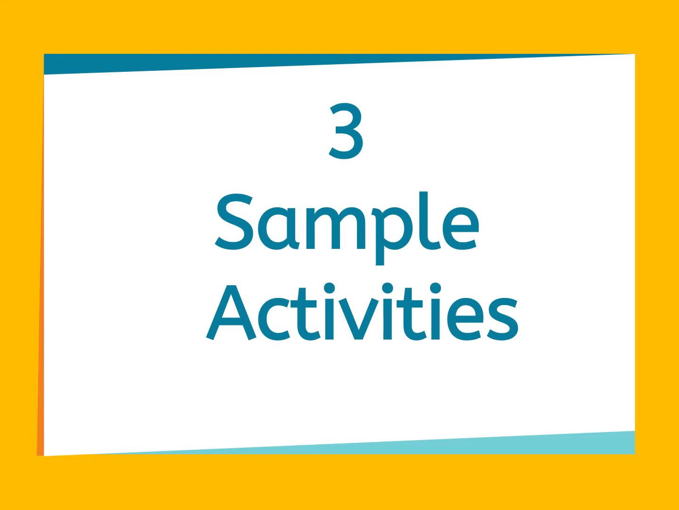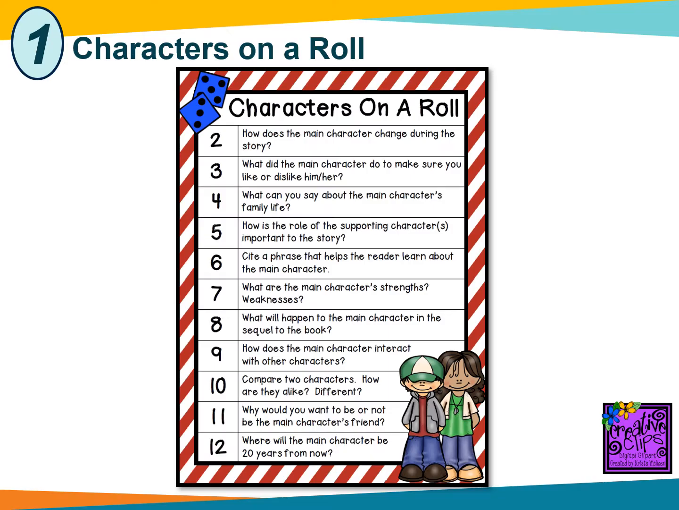Let me share 3 sample activities. The first sample activity is called Characters on a Roll. After reading a selection, students can be teamed up and given dice to roll. Electronic dice work just as well, and you can find those on classroomscreen.com. So after students have rolled the dice and they get their number, they answer the question based on the number they roll. For example, they roll a 2, they would simply have to answer,